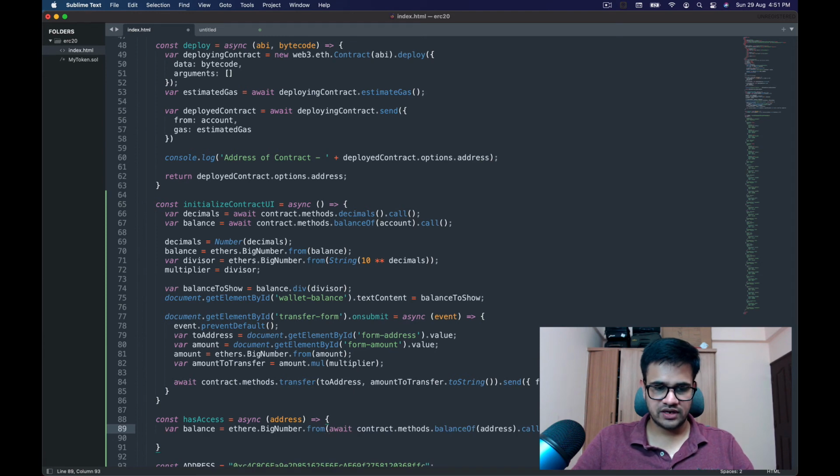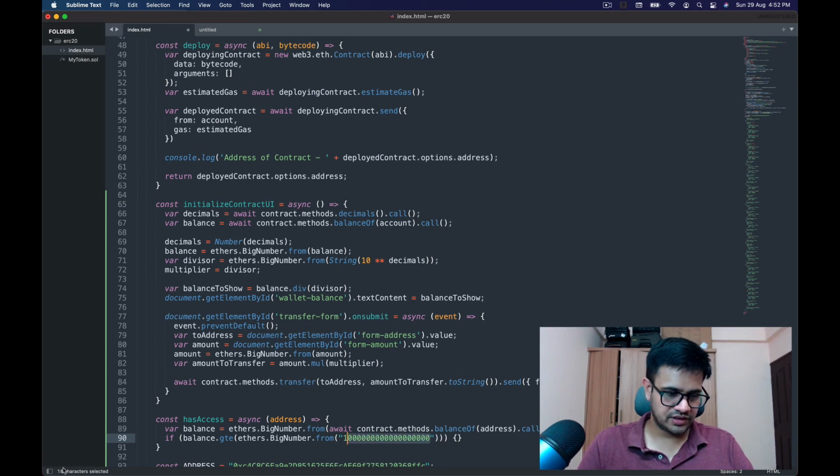All right, so we have converted our balance into a big number, and we're saving it in the balance variable. So if balance dot lte, or actually greater than equal to, and let's say we do ethers dot big number dot from 1 and then 18 zeros.